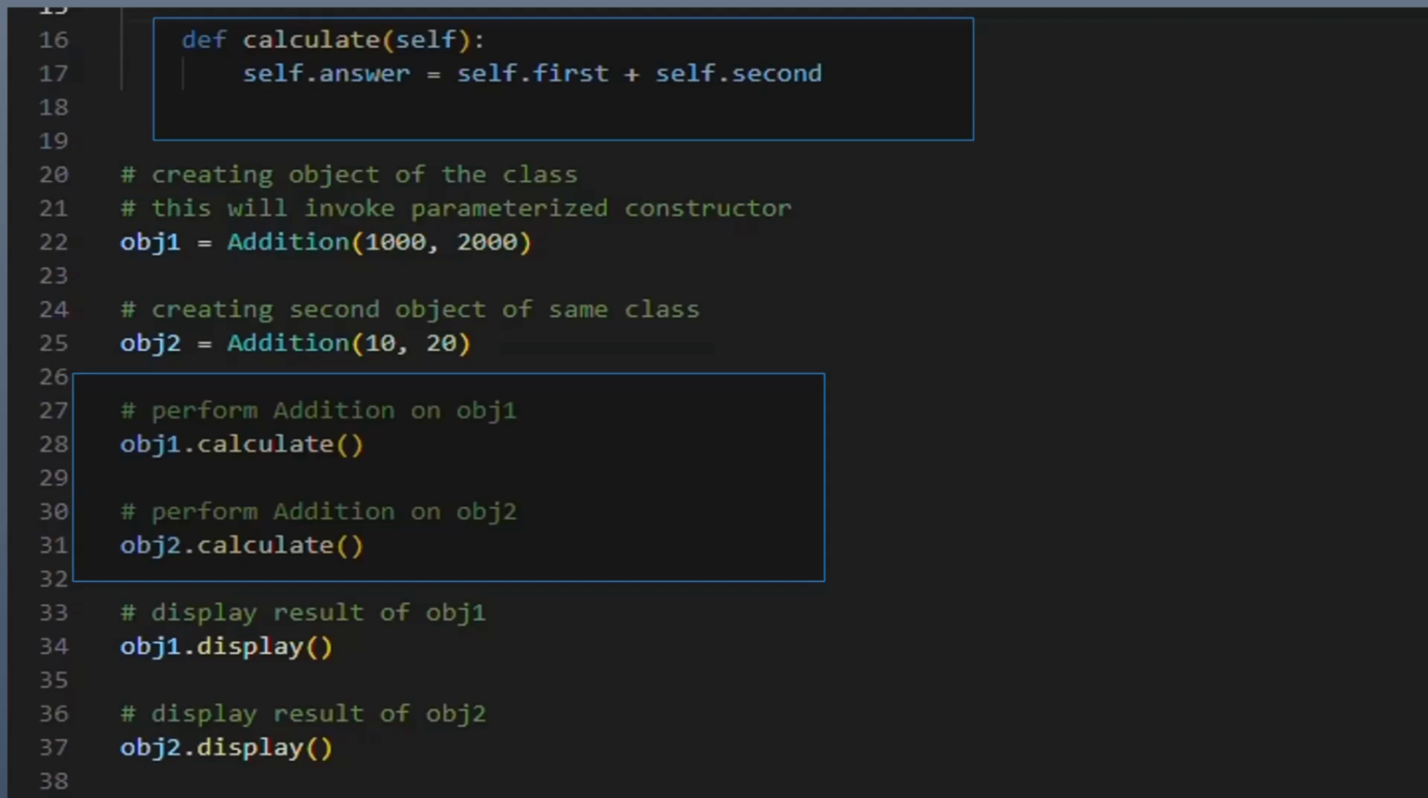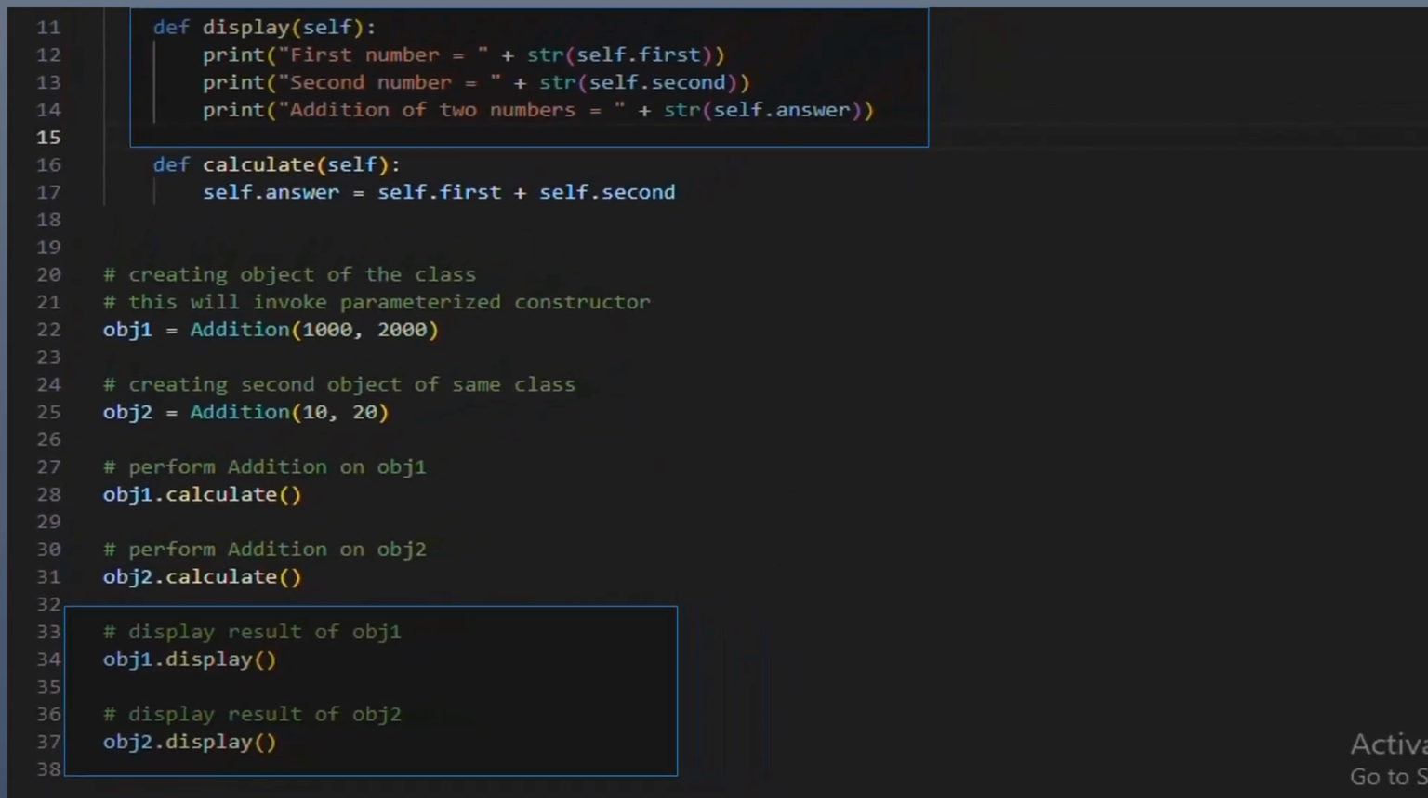Display outputs. obj1.display displays the values of first, second, and answer for obj1, showing the addition result. First number equals 1000, second number equals 2000, addition of two numbers equals 3000. obj2.display, similarly, displays the results for obj2, with an output: first number equals 10, second number equals 20,